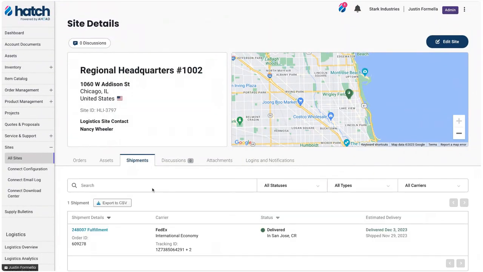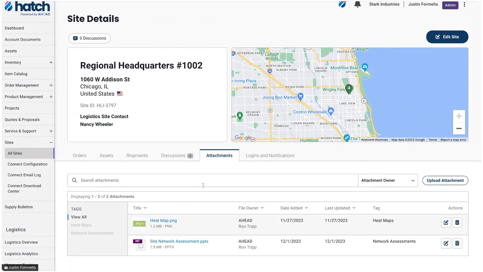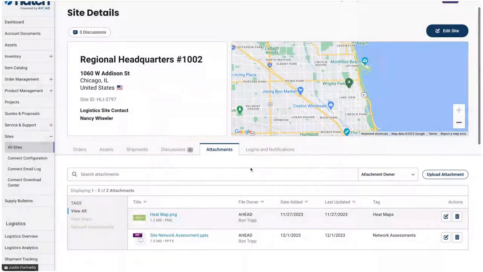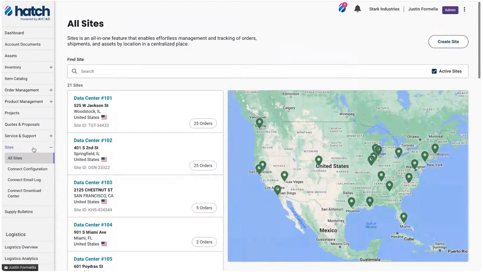I can see every shipment that might have been to that site, every order. I can see things such as details of wireless heat maps that may have come along with doing a site survey in relation to this site that we're managing for you, site assessments, and then down to the individual users who are at that site that might need notifications on when new equipment arrives, when equipment's been delivered. And we can customize those notifications and customize the information just those users see for the activity that's compartmentalized with that site.